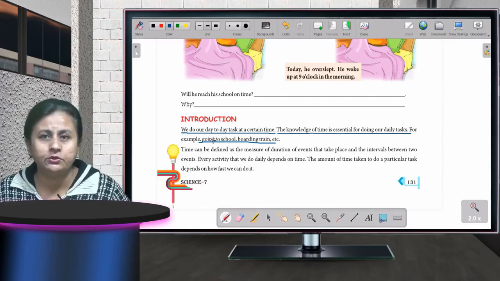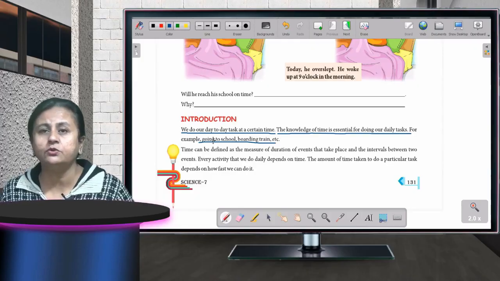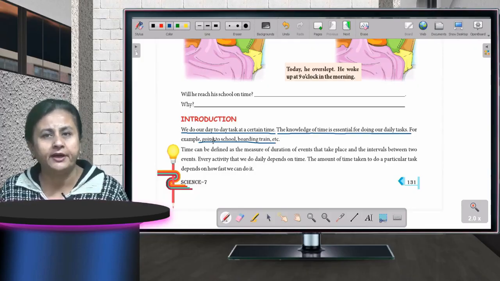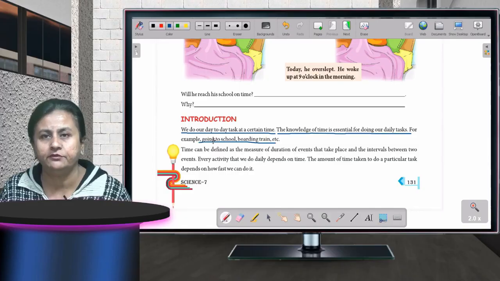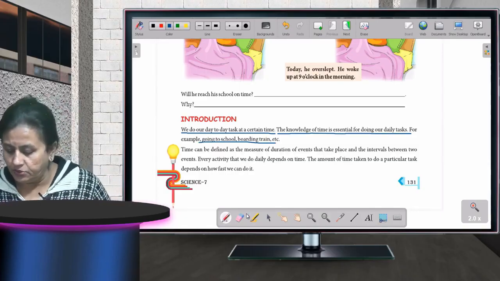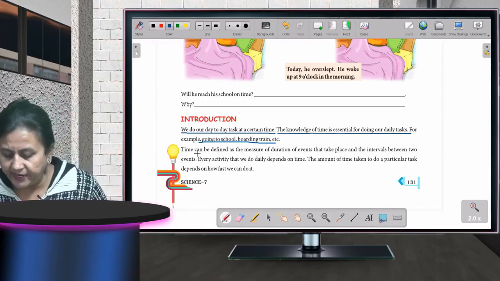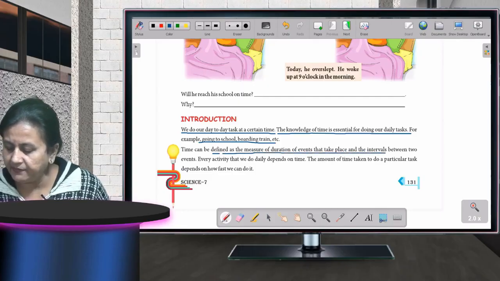You all go to school. If you are late, does your school allow you to get inside? No. Sometimes you are punished or sometimes you are sent back. Why? Because you were not on time. So time is very important. Fine children? So time can be defined as a measure of duration of events that take place and the intervals